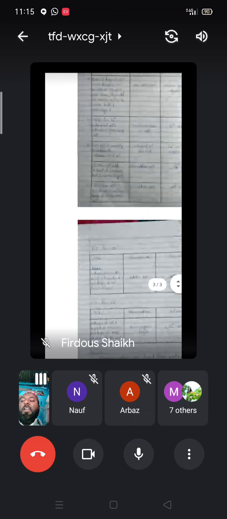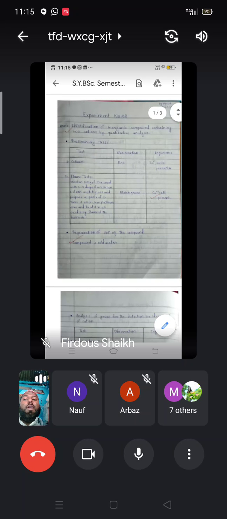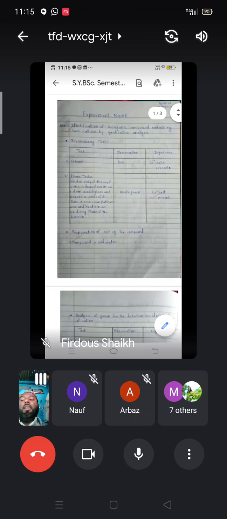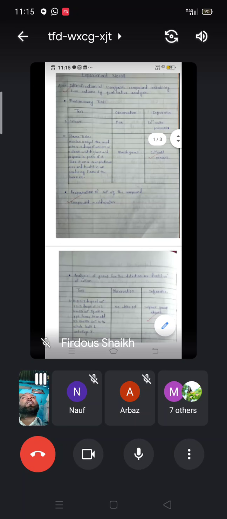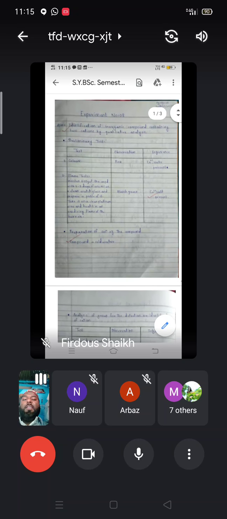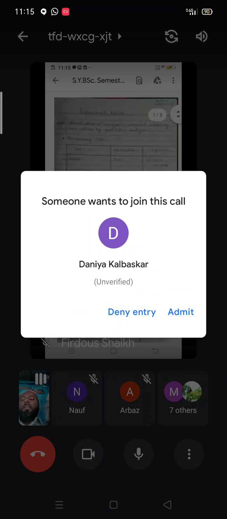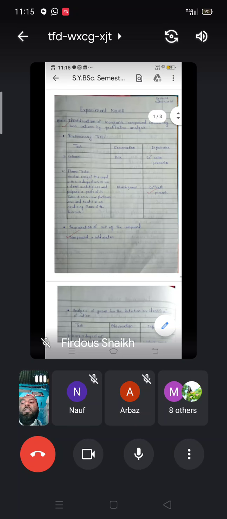Very simple it is again. This is experiment number 8, which is similar to experiment number 6 that we already saw. In that I explained how we can characterize the different groups. The hydrated hydroxide group is there, the sulfate group is there, then the precipitated group is there. These different groups we saw in experiment number 6. In the same way we have to characterize this particular compound for the identification of these cations.